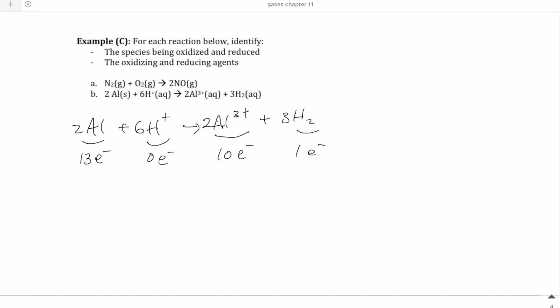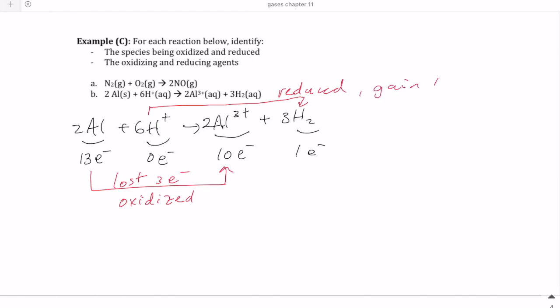So once you have that, all you need to do is figure out what the change in the number of electrons is. So if you go to aluminum, you notice that the aluminum has gone from 13 to 10 electrons, so it's lost 3 electrons. So if it's losing electrons, or giving away electrons, that's another way to think about it, then it's oxidized. So the aluminum is oxidized. The hydrogen, you go from left to right, you notice that it's gone from 0 to 1 electron. So that means that it gained electrons, so therefore it's reduced. Okay, gained 1 electron. So then what we can write here is aluminum is oxidized and